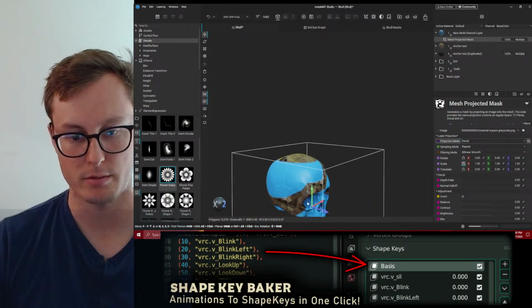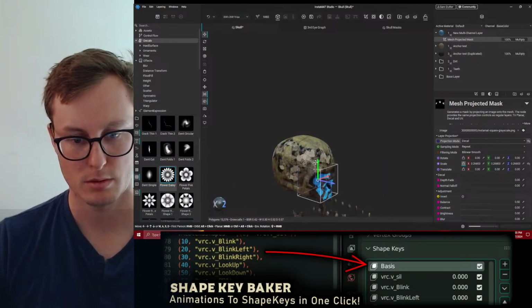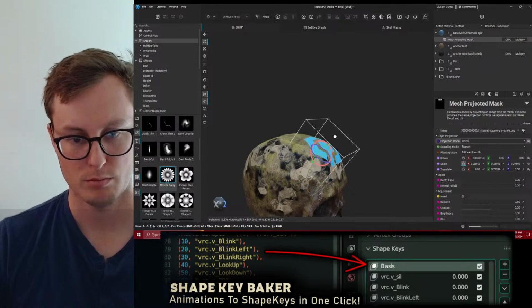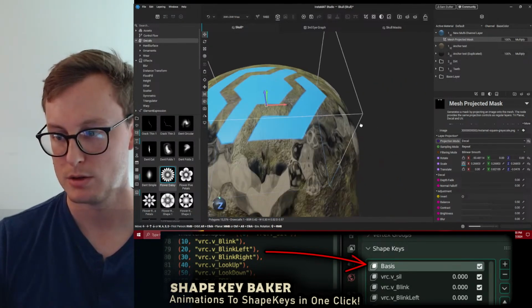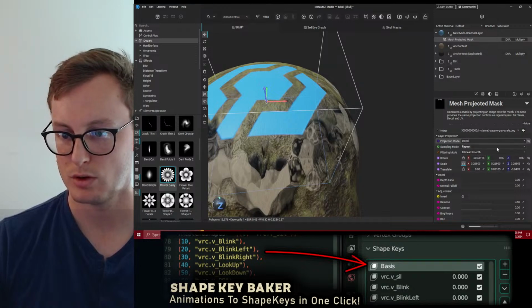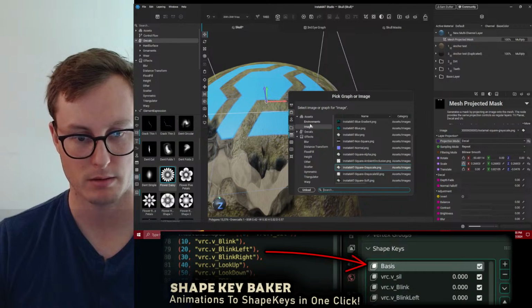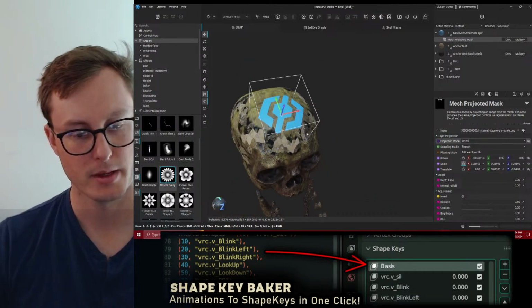Then I can use whatever image I want. Yeah, just pick a different image. I'll leave it there.